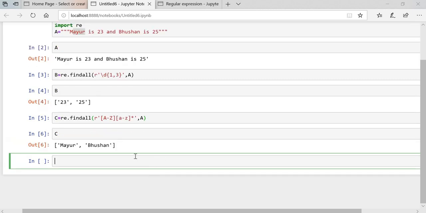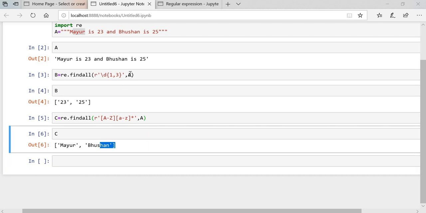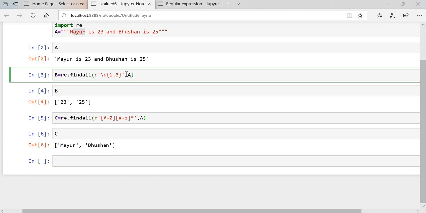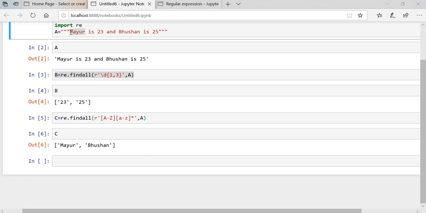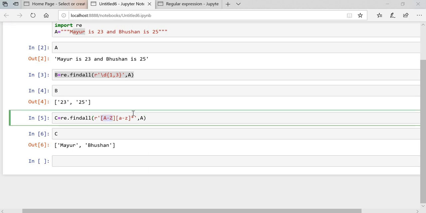We'll check in c, we got Mayur and Bhushan. Remember this thing, if you have to fetch the integer value from the string statement, then you can use slash d. If you want to fetch any name, any string value, then we will check the format of that. In Mayur and Bhushan, the M is capital, so I have put capital A to capital Z, and the remaining are small a to small z.